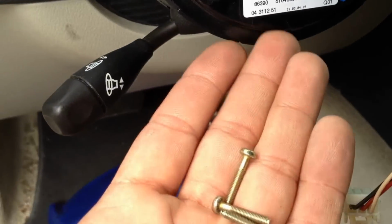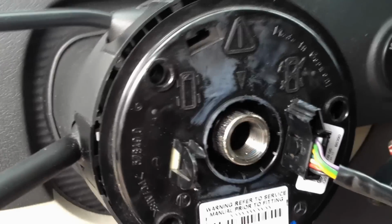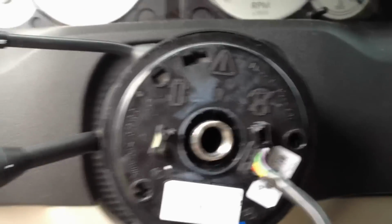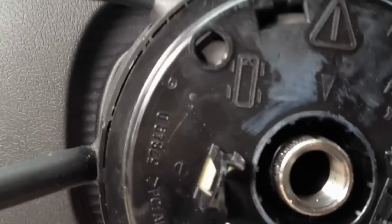Okay, so we've got all 3 screws out here. I'm gonna throw these in a little tray. Now, once you get those out, this is actually just gonna pull straight forward, and I would say be careful and put even pressure on both sides when we do it. So I'm gonna use both hands here and just lightly pull on it, rock it a little bit,